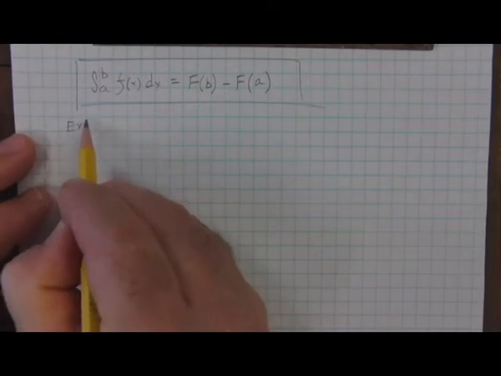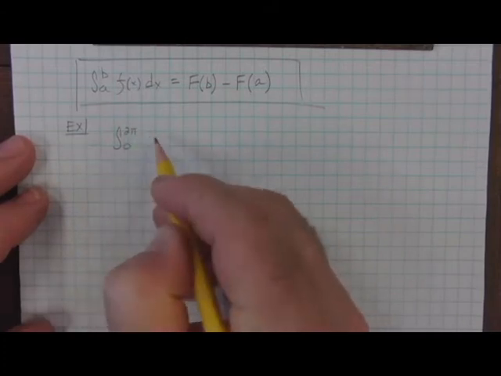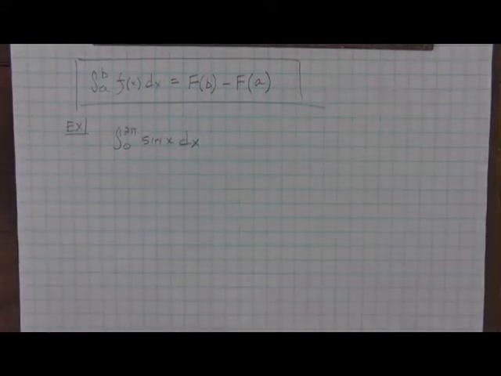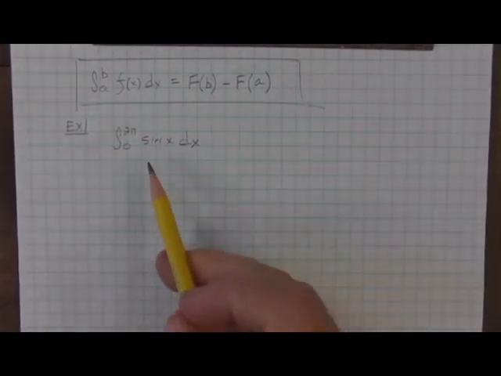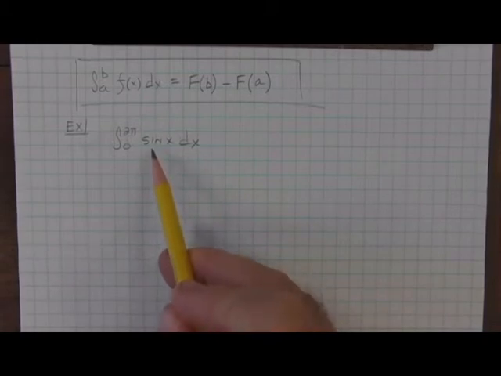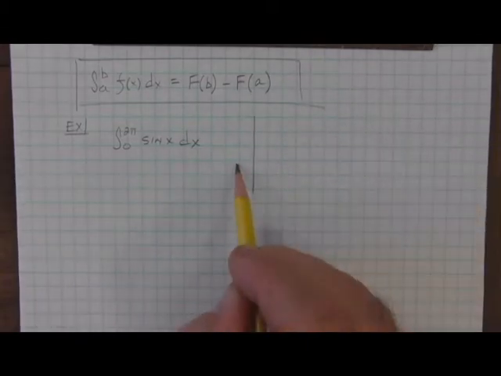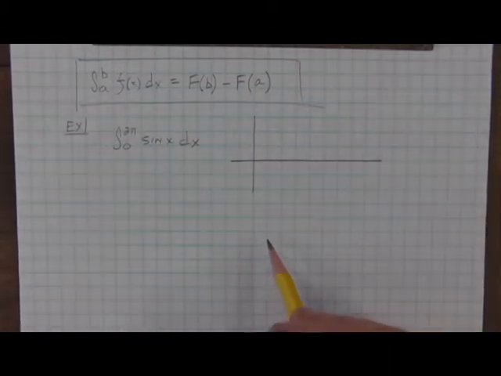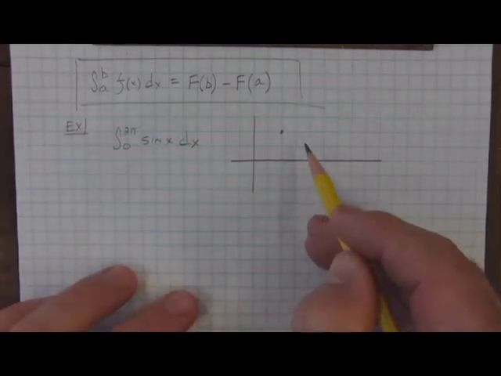For example, the integral from 0 to 2 pi of the function sine of x with respect to x. The value that we will be able to evaluate from this definite integral represents an area between the sine function and the horizontal axis. We can get an idea of that area before we use the fundamental theorem of calculus so that we can check our answer. We're going to figure out what we should expect to get